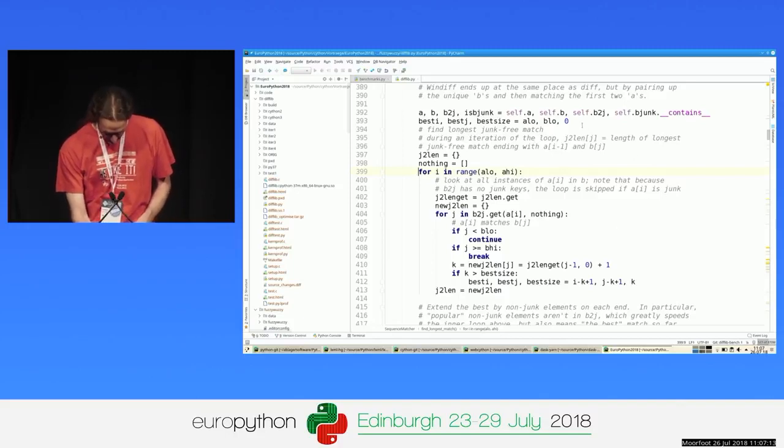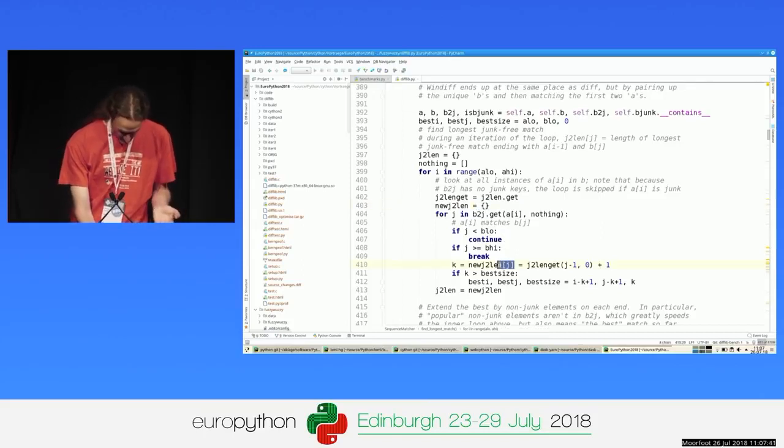How do I do that? Well, this is using a loop over a range. So I know that these are actually integers, and I can replace them by C integers. Okay, most obvious change first. And when I look into the usage of I, then I can see that it's used to index into a data structure. It's used as key in the dict, and it's also used as index somewhere.